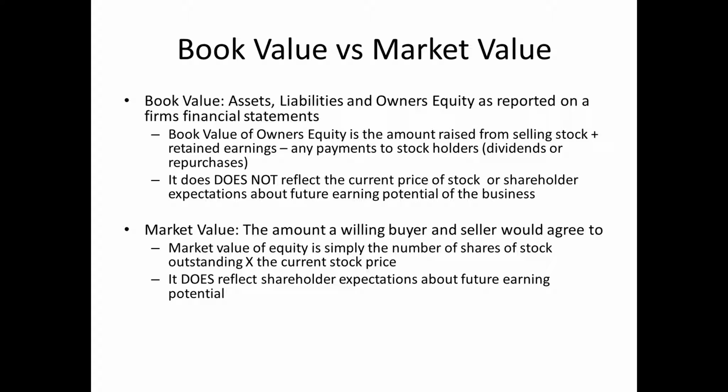The book value, which you should have seen in your introductory accounting class, is simply the value of assets minus the value of liabilities. Or probably the way you're more used to seeing it is that assets must be equal to liabilities plus owner's equity. If you rearrange that equation, you'll see that owner's equity is assets minus liabilities. Very consistent with the description we used on the prior slide, but in this case, the value of assets